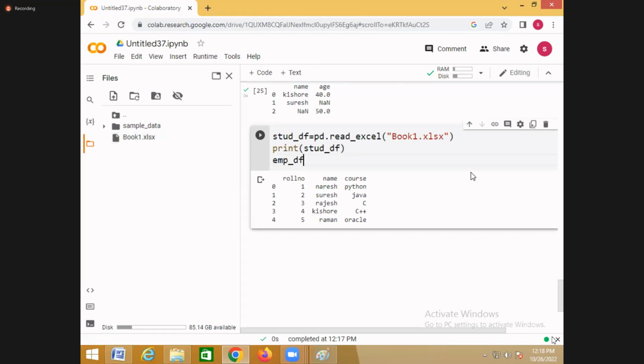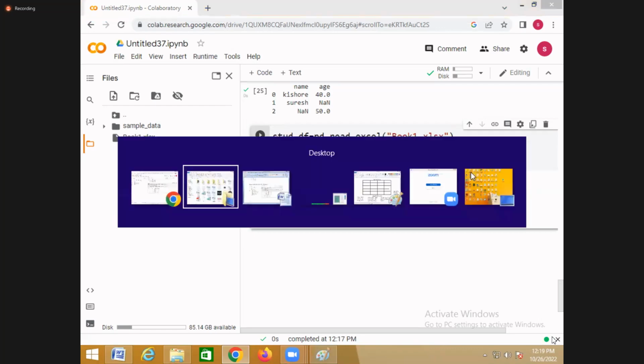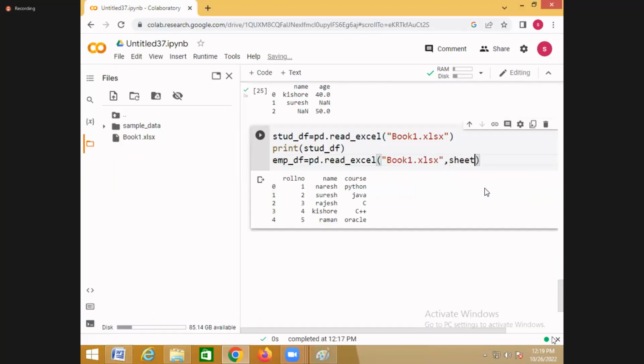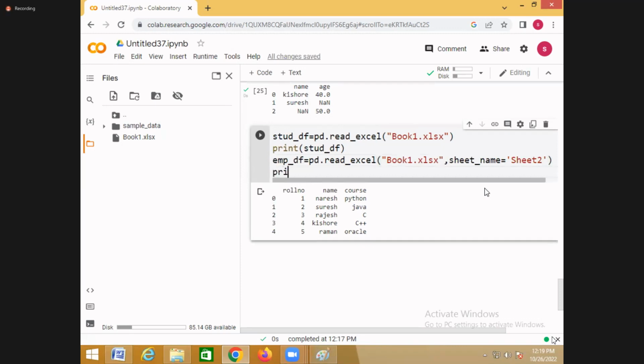So I want to create employee data frame equal to pandas dot read Excel. You are reading from book 1 dot xlsx, comma, sheet name. And sheet name equal to which sheet here? Sheet 2. I want to load from sheet 2. And this is which data? Employee data. So once I run this,